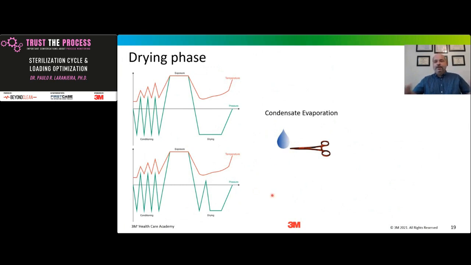inside of a chamber is close to a metallic device, because at temperature, we pull down the vacuum, right? This temperature on the medical device is still really hot, and the condensate. Remember, the jacket is far away, but the medical devices are so close to the condensate. I will transfer temperature from the medical device to the condensate, and then because I am in vacuum, it is going to evaporate that condensate.